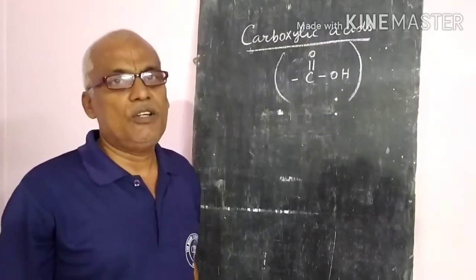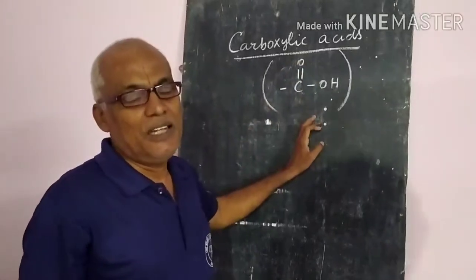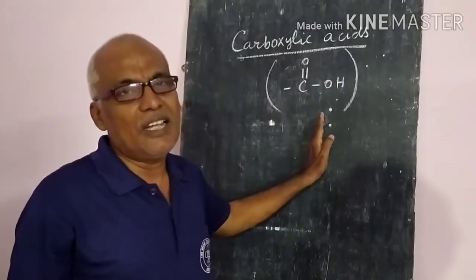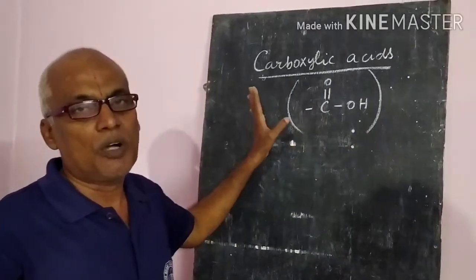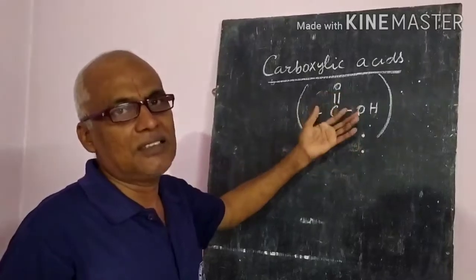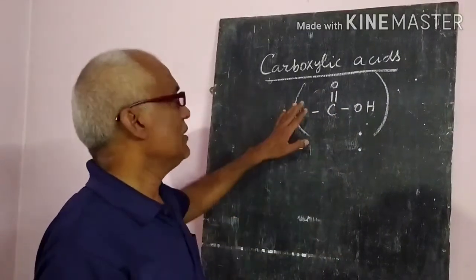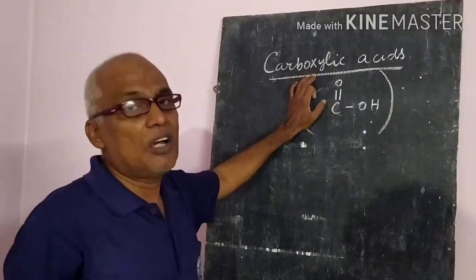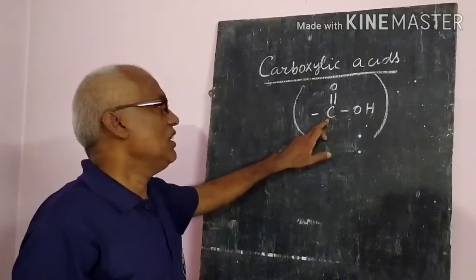Now, in this video, we discuss the carboxylic acids. Actually, aldehydes, ketones, and carboxylic acids, all these three come under the carbonyl group compounds. Aldehydes and ketones we discussed in the last seven videos. In this video, we will discuss the carboxylic acids, whose functional group is C double bond